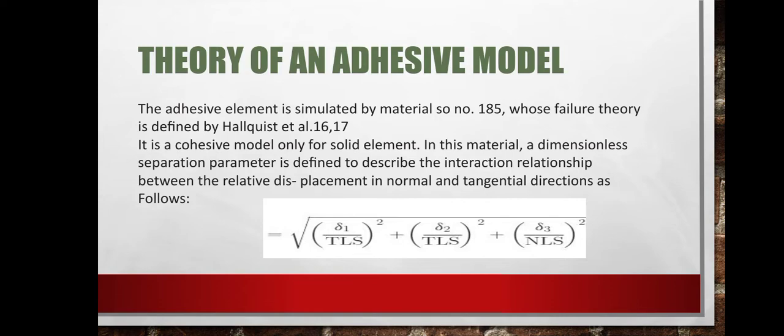The adhesive element is simulated by the material number 185, whose failure theory is defined by Hallquist et al. It is the cohesive model only for the solid element. In this material, a dimensionless separation parameter is defined to describe the interaction relationship between the relative displacement in the normal and tangential direction as follows: root over delta 1 over TLS whole square plus delta 2 over TLS whole square plus delta 3 over NLS whole square,